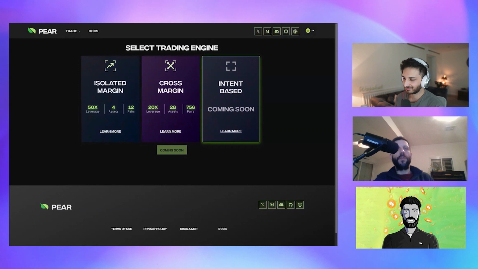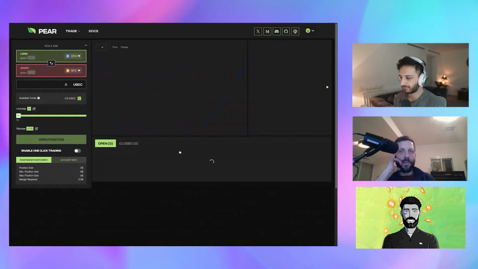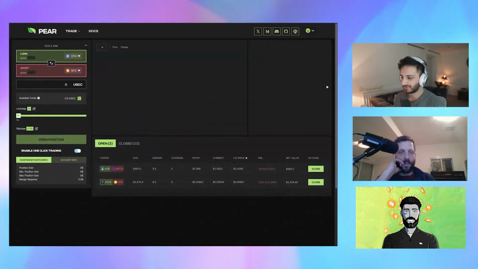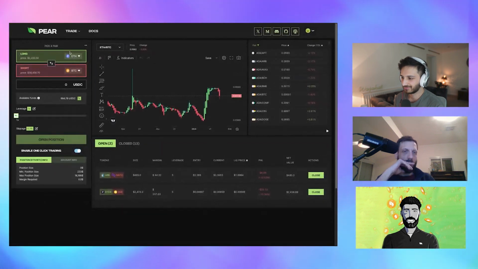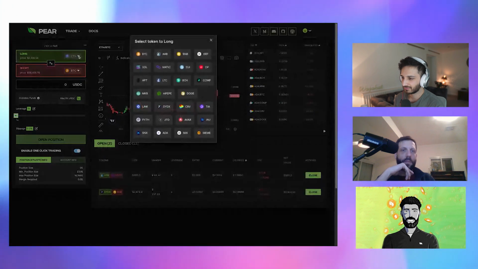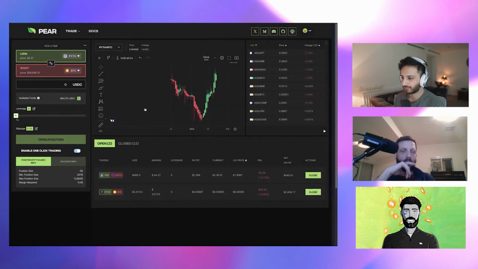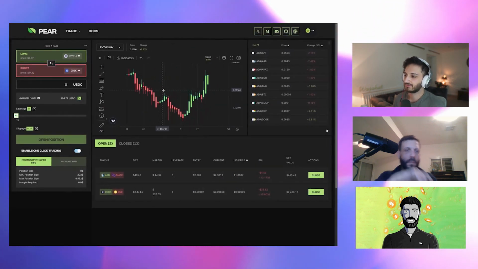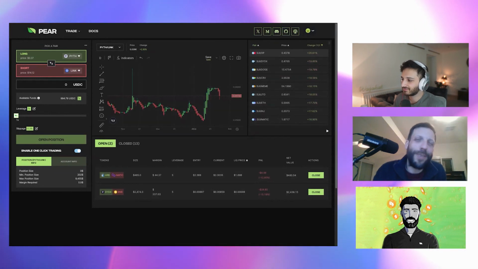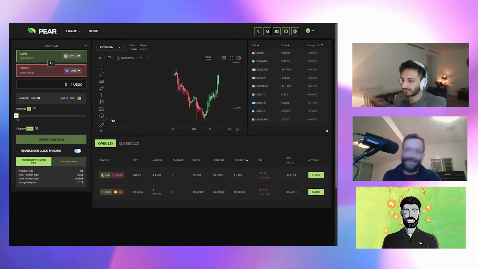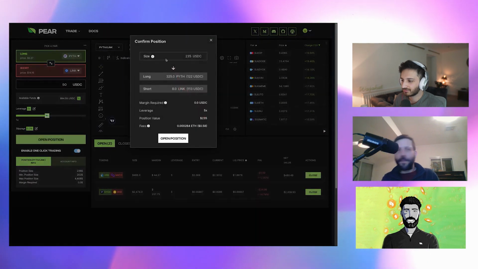So I'll show you the cross-margin product. It looks like this. So you enter the trading app, and forgive my somewhat slow internet, the chart should load up here, and I choose an asset to long. So let's say I want to go long something like Pyth, and maybe short something in the same sector, like Link. So I can see the chart of how this has evolved over time. I can sort by today's winners. So SUI, OP is obviously a clear winner on the day. I can put my collateral down here, let's say 50 USDC, slide up my leverage, and open the position. And I can go ahead and open this position in one click if I choose to do that.